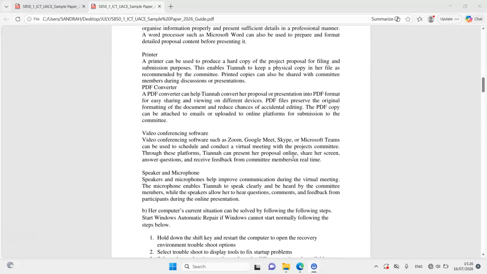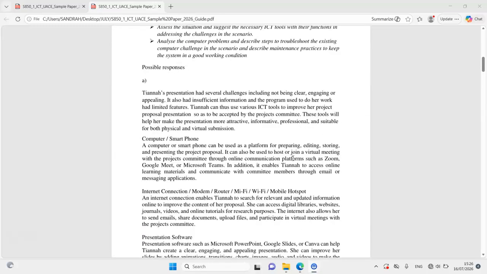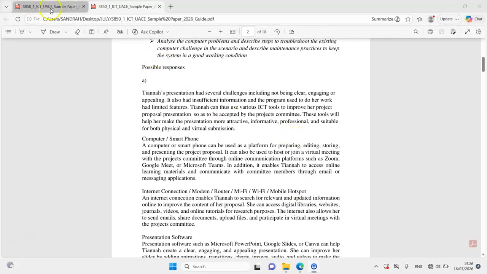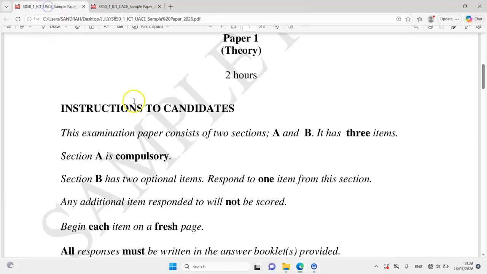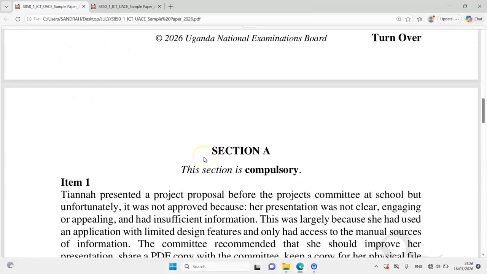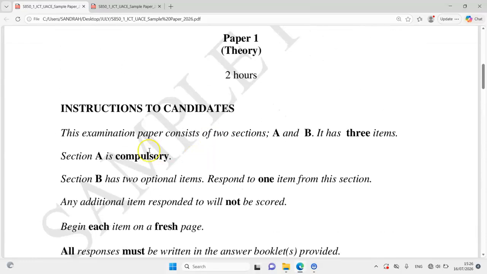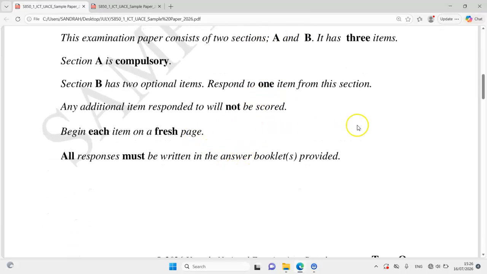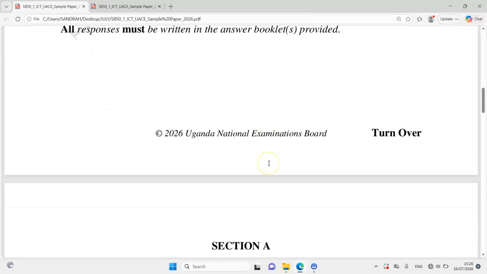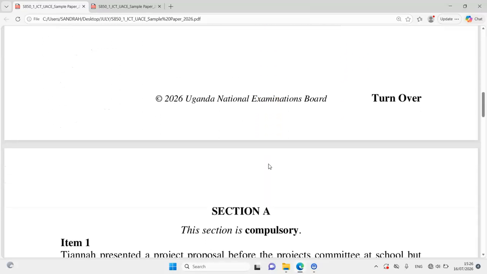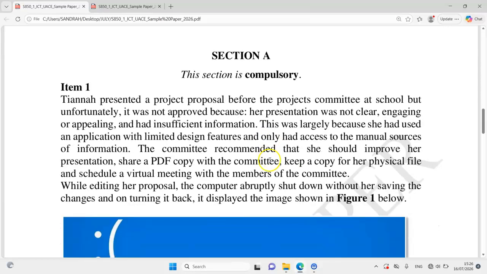Without wasting time, I think I should take you to the sample paper. We'll look at the question, then we can come back to the solutions. We are saying the examination consists of 2 sections, A and B, and has 3 items. A is compulsory. So let's go for A and we see how we can reply to it. Okay, this is it. In section A, they are saying